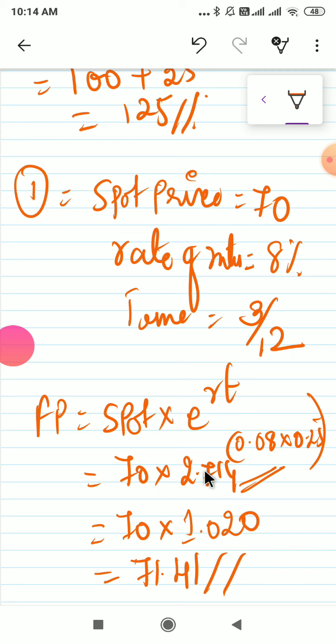How do you do it? Take a calculator and type 2.714. This power function, normally in a normal calculator you will not get it, so you take your mobile calculator. In the mobile calculator you raise it to the number you type in and you will get the answer. Then you will get the forward price 71.41. So it's a very simple, straightforward problem. The forward price is equal to the spot price plus interest. Now this component 1.020 is nothing but an interest calculation. If you do this interest calculation, you get 1.41, you add it to the spot price, and now you get the forward price.